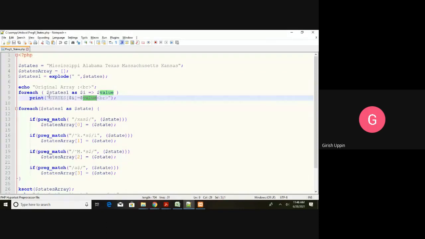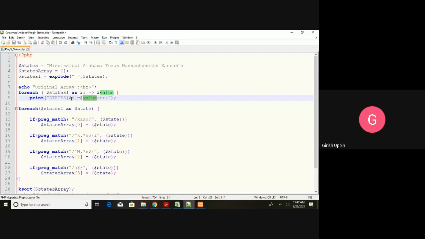Now you can see the beauty here. The whole thing is inside the double quotes. Unlike other languages, where everything inside double quotes is treated as a string, in PHP, even though it is treated as a string, it identifies the variables inside. $i is a PHP variable. It replaces it with its actual value and takes the rest as a string. So it is evaluating $i, and it is evaluating $value.